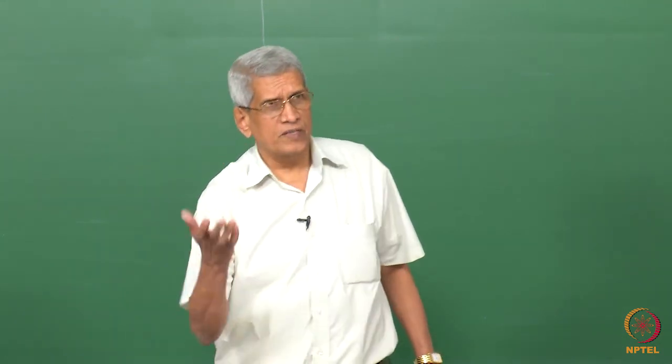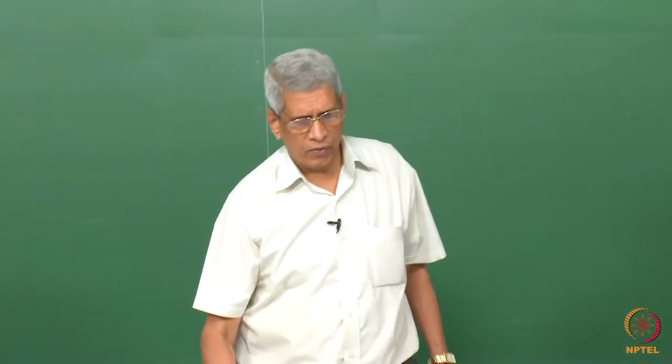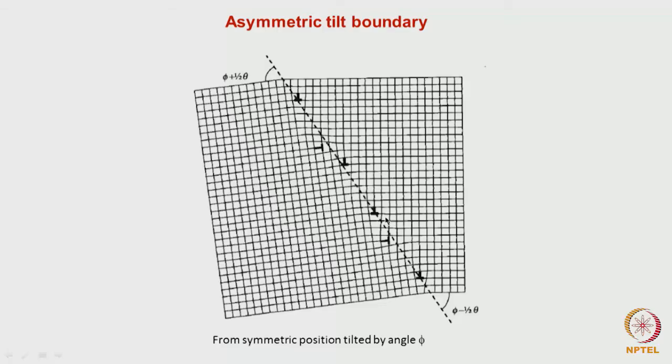And so far we considered a symmetric boundary. Now let us look at here. If all the dislocations have the same type of Burgers vector, it is the symmetric tilt boundary. If a dislocation with a different type of Burgers vector, oriented with respect to this, is present, again this is a small angle tilt boundary only, but this is called an asymmetric tilt boundary,